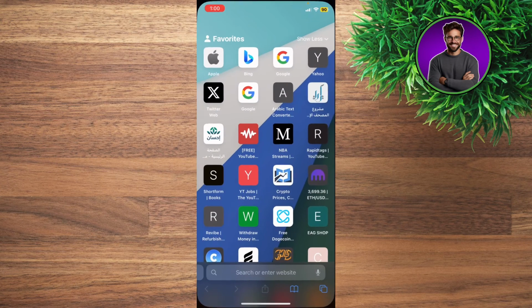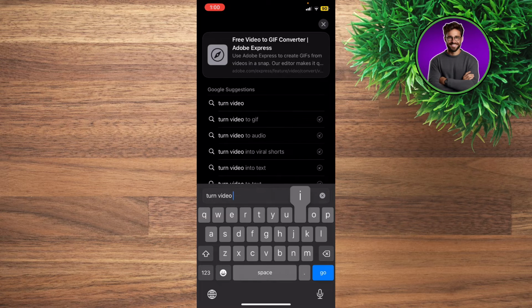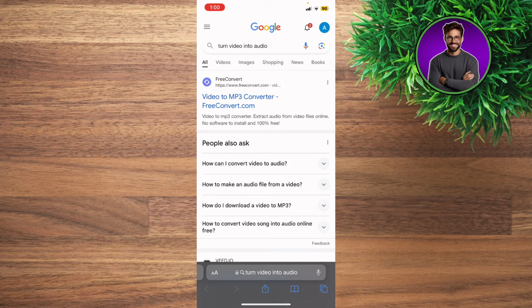to a website that allows you to turn video into audio, right? And basically go to any of these free websites, and then you're gonna be able to download the audio and